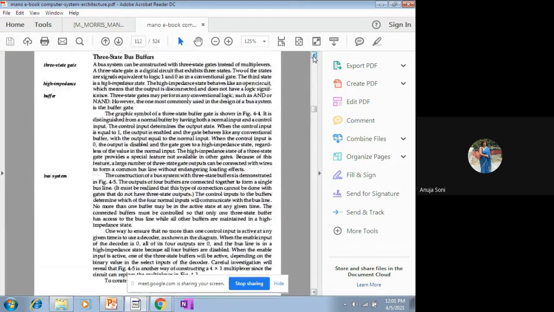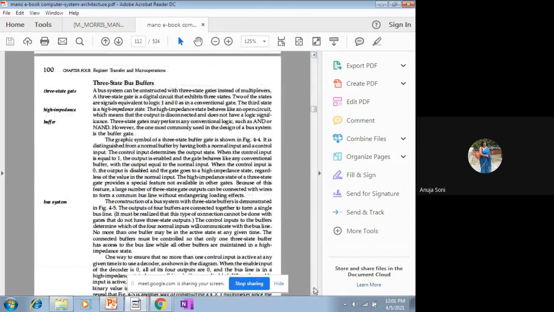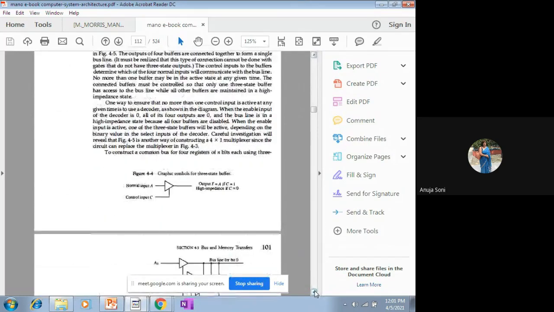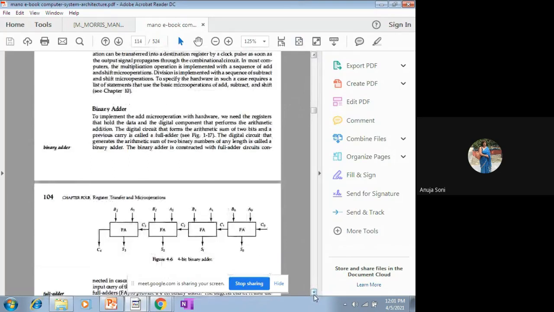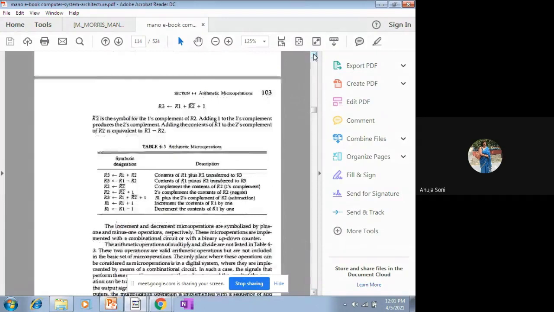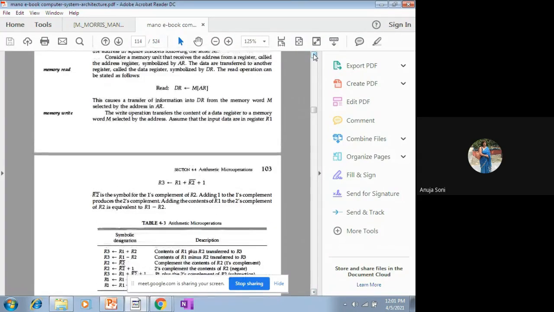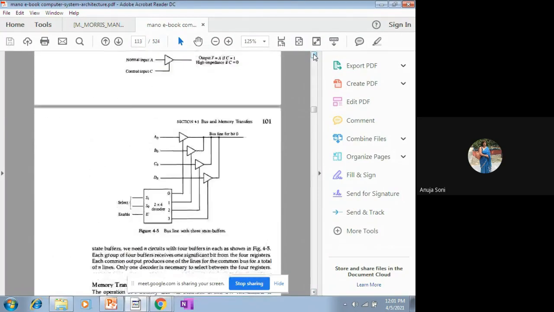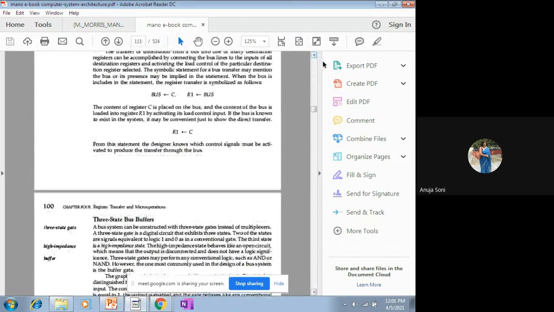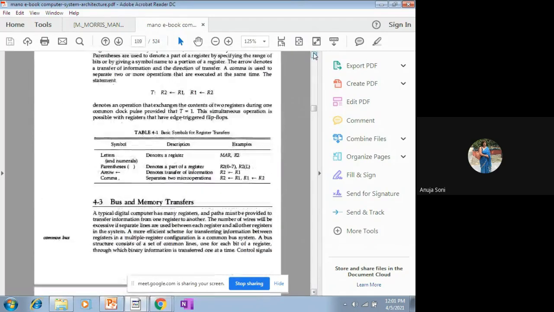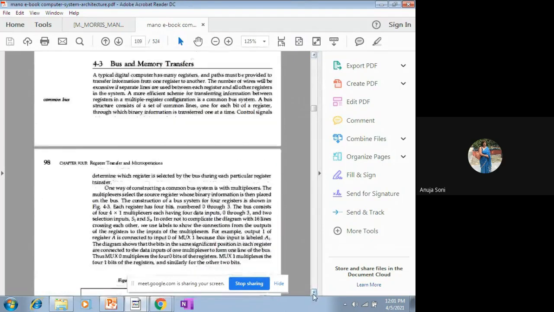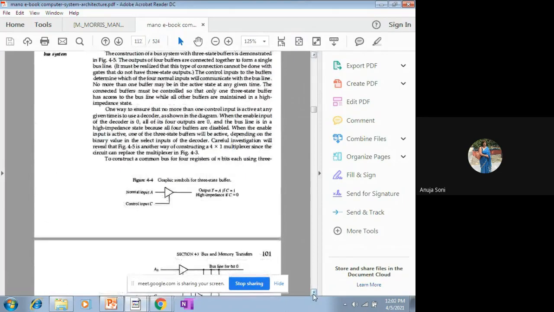See, a few of the pages from this e-copy of the book are missing. After 101, you may see that 103 is given, and afterwards binary adder is coming out. Yes, binary adder is there, but section 4.4 is missing. So a few of the pages in between in this e-copy of the book are missing. You can refer to the hard copy of your book, right? So I'm coming directly to section 4.4, which consists of some important topics.